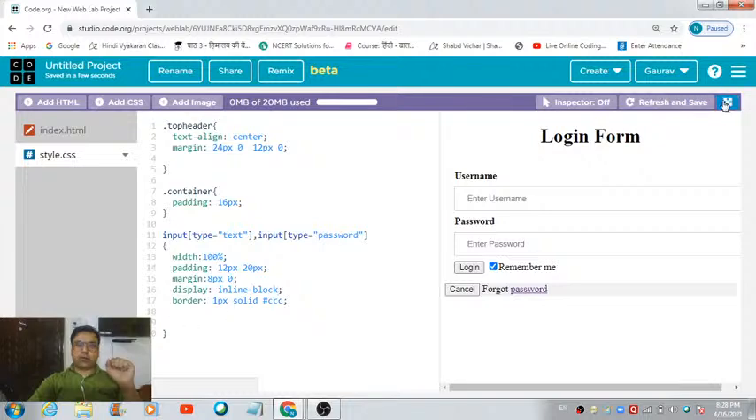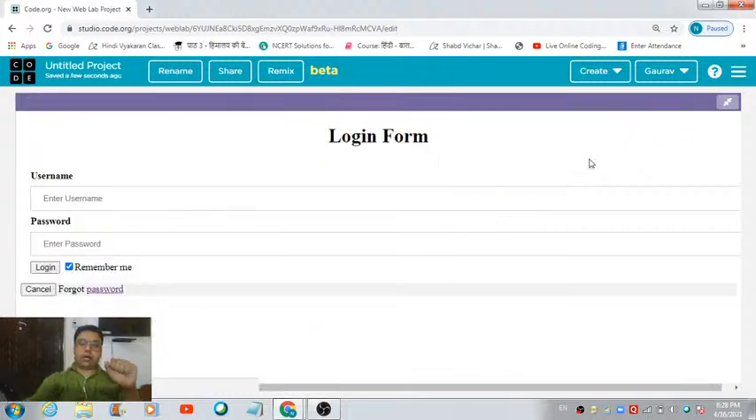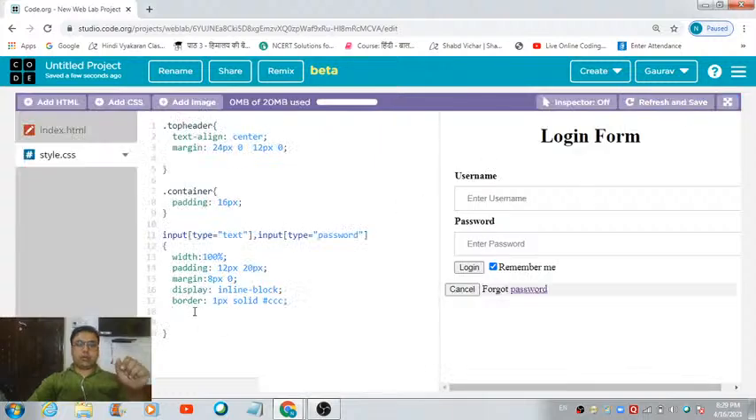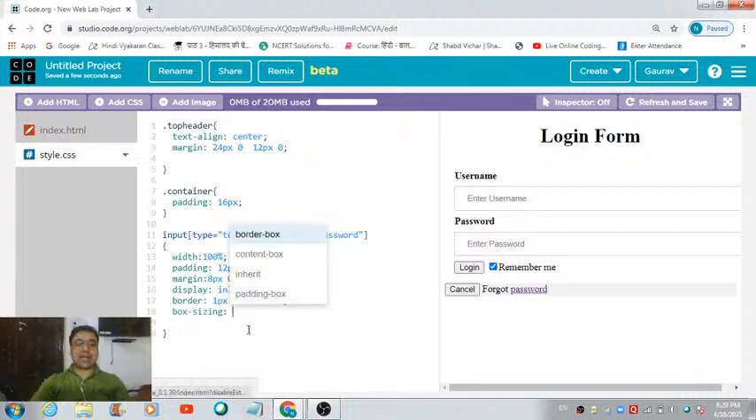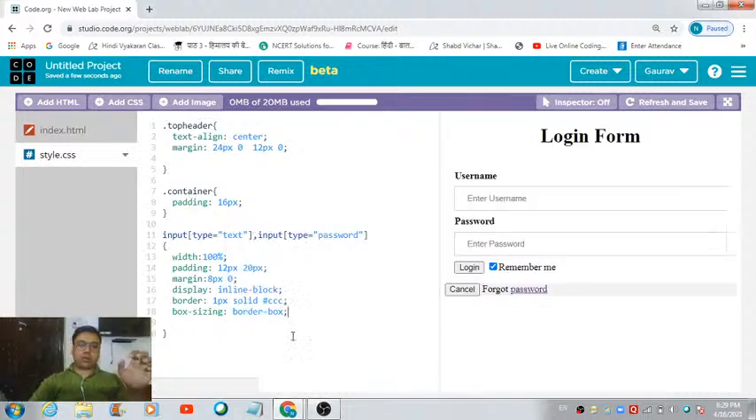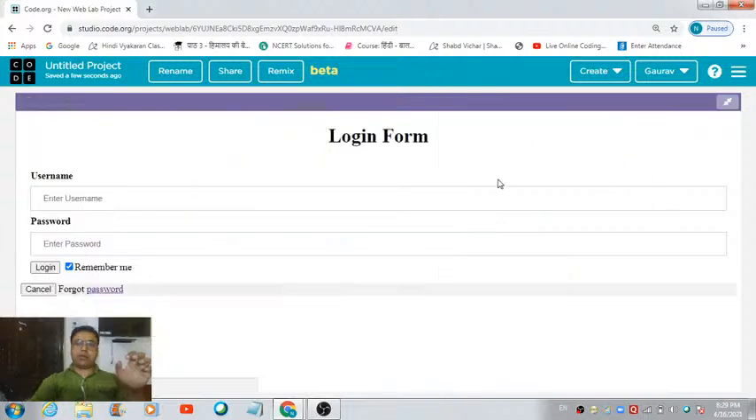Okay, now as you can see over here, we are not able to see the end borders. So how can we make them visible on the stage area? By defining box sizing, by sizing the box in which we have placed these input boxes. So we are going to have this border box. Okay, now you will be able to see the borders which are there right at the end of these two